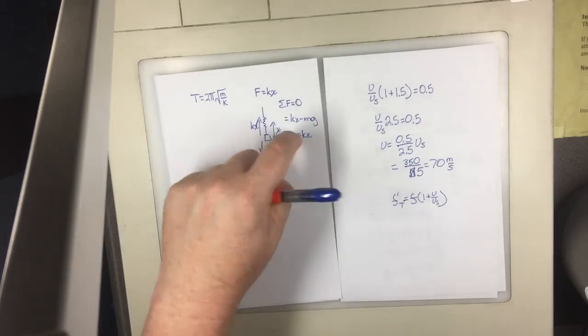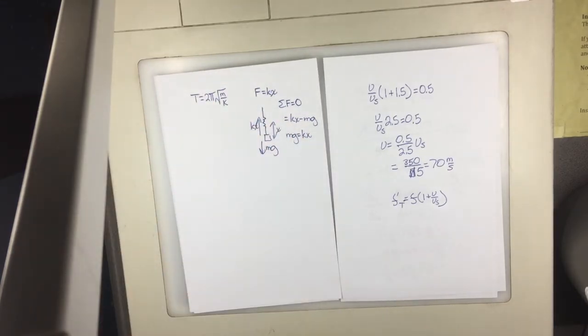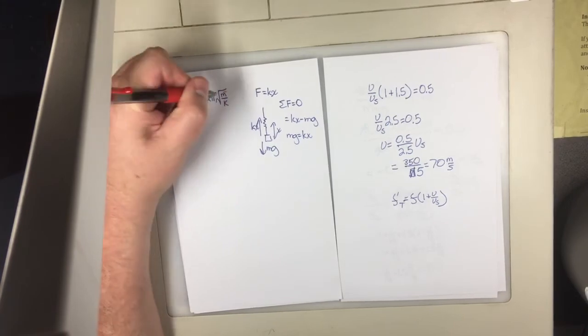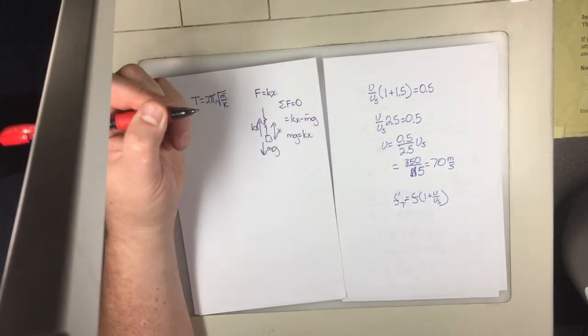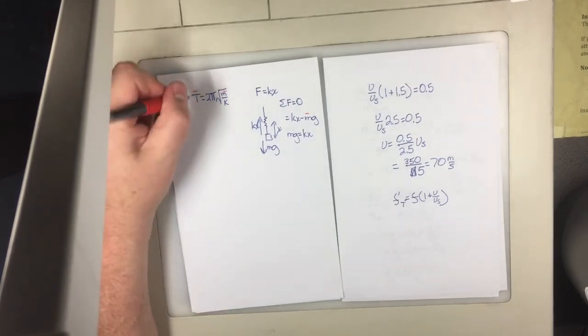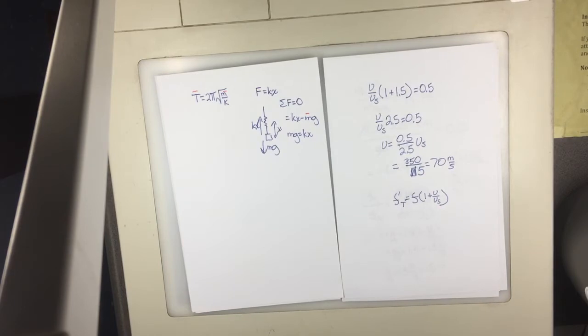So you've got this equation and you've got that equation. Let's identify what we know and don't know. I don't know the mass in any of these. I don't know the period, but we're going to figure something out from that. And oh my goodness, we don't know